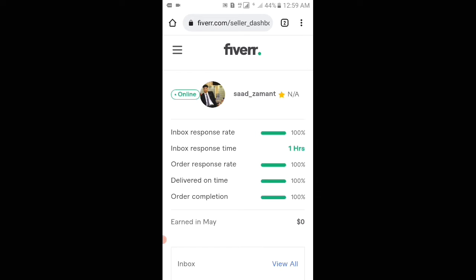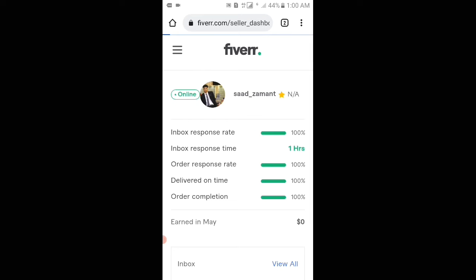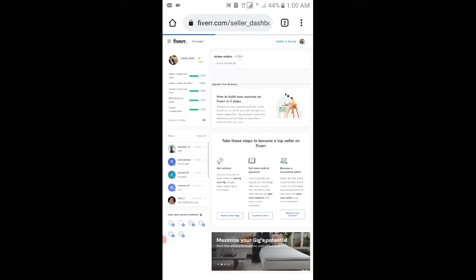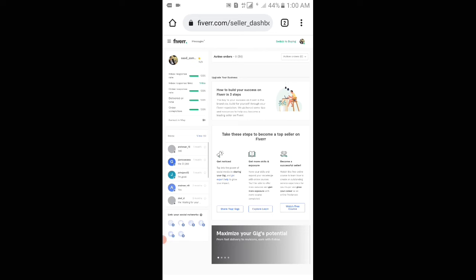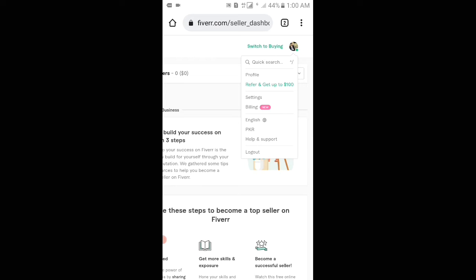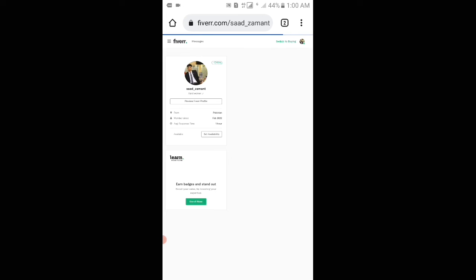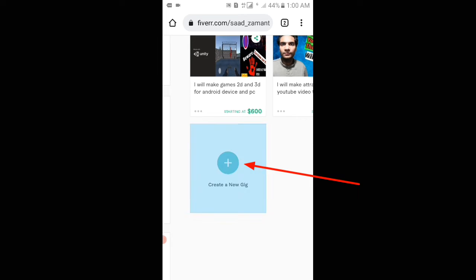and then viewers, you have to tap on the three vertical dots again, and then you have to scroll down and tap on the checkbox which is at the right side of the desktop site. After that viewers, you have to tap on your profile icon, and then you have to tap on profile. After that viewers, you have to tap on this plus icon,